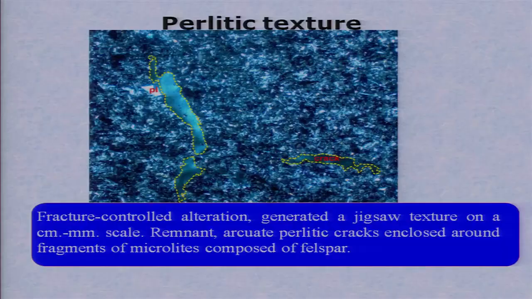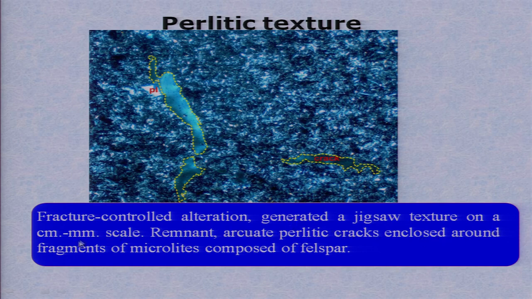Here I am showing the perlitic texture. I have already discussed perlitic texture in my classification of textures. Perlitic texture is a fracture-controlled alteration. You see the fracture here, this is the fracture, and along this fracture the alteration has taken place and it has generated a jigsaw texture